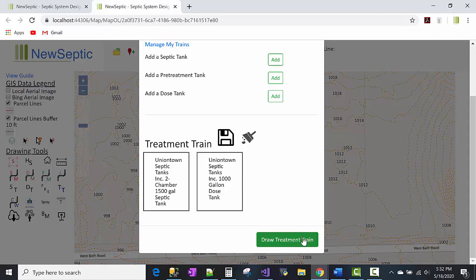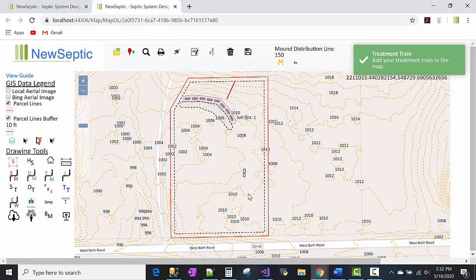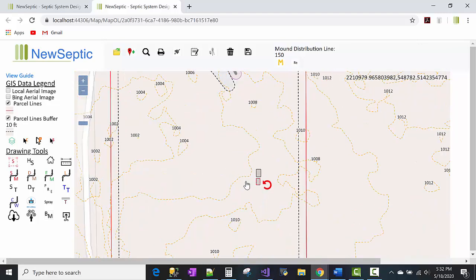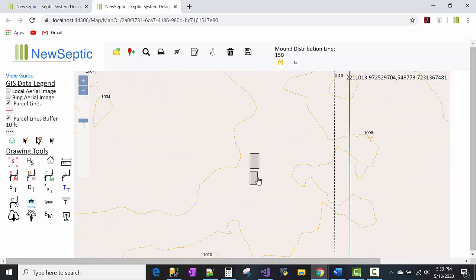So what I'll do is I'll click draw treatment train. So NewSeptic has all the dimensions for the tanks loaded up into our database. So we already drew these tanks out, and the way it draws them is it draws them going south. So it'll start your treatment train with the first component, like your septic tank, and then your dose tank. So what you can do is just to make these look a little nicer,